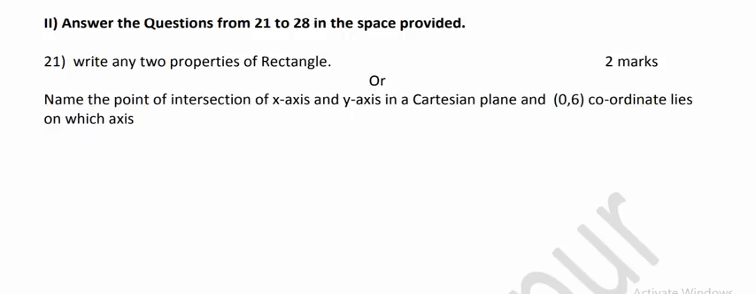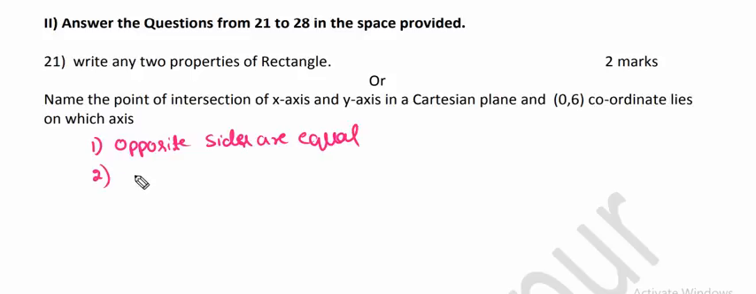Answer the questions from 21 to 28 in the space provided. Here they have given, write any two properties of the rectangle. The properties of the rectangle: opposite sides are equal. In a rectangle, opposite sides are equal. This is one of the properties. And the second one is